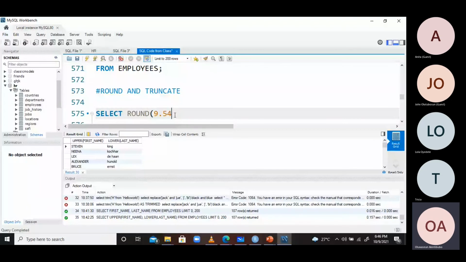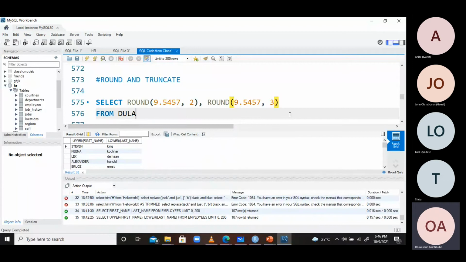All right, so we want to round up this particular figure 5457 to 3 decimal places, from dual. I'm going to explain what dual means now so that you understand, right? So if we run this now,